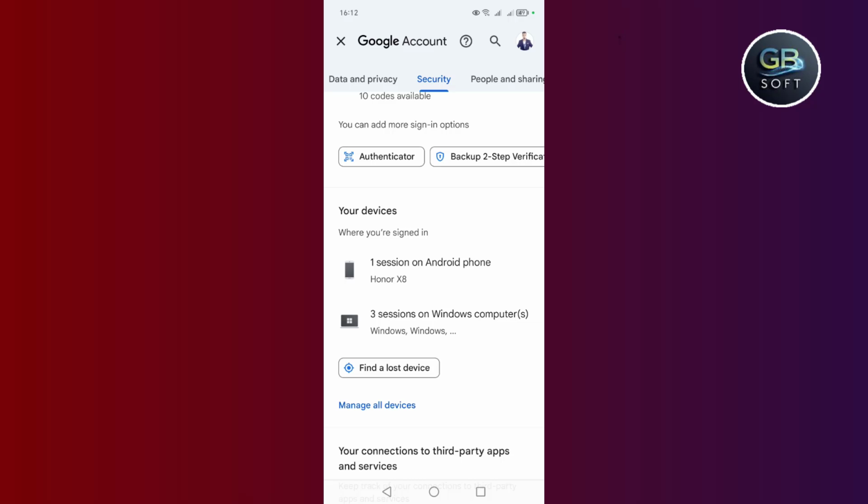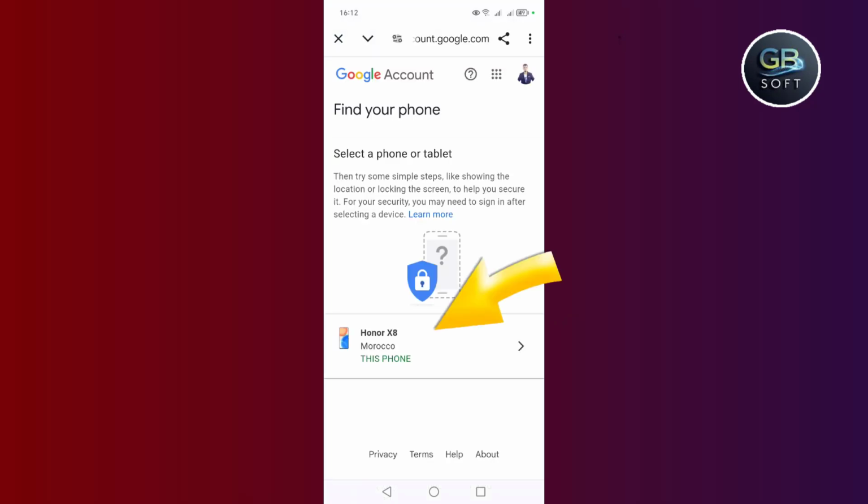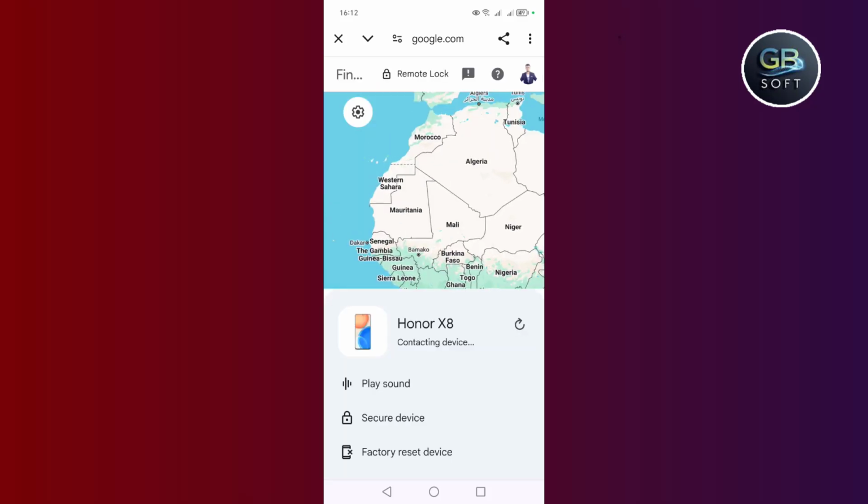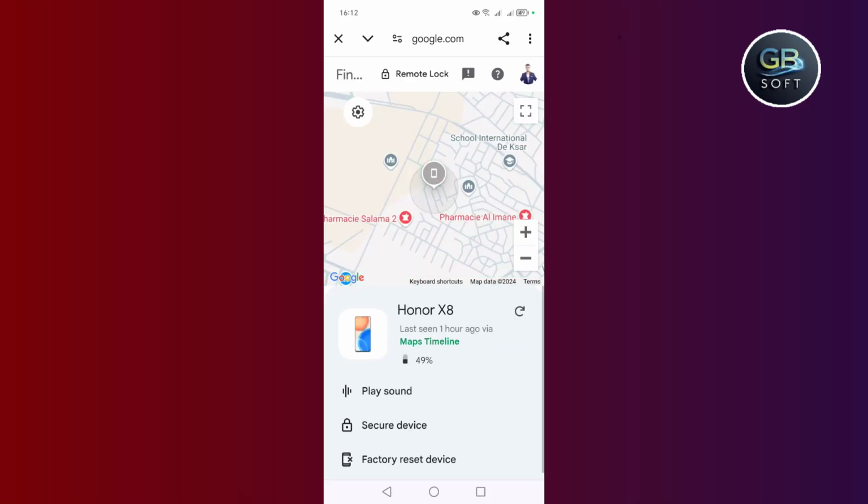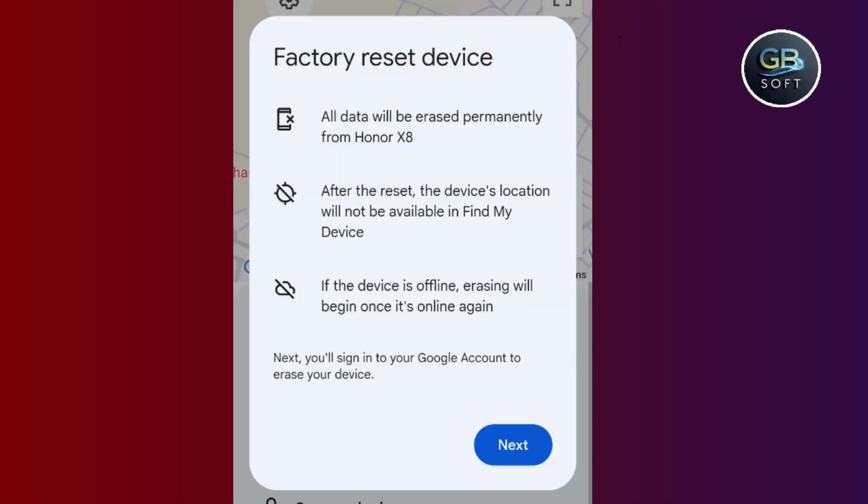Here you will find all the devices connected to your account. Then click on Search for a lost device. Then choose the name of the device and the type of device in your lost device or phone. After that, here it will give you its actual location, and at the bottom here it will give you the data deletion. Click on it,